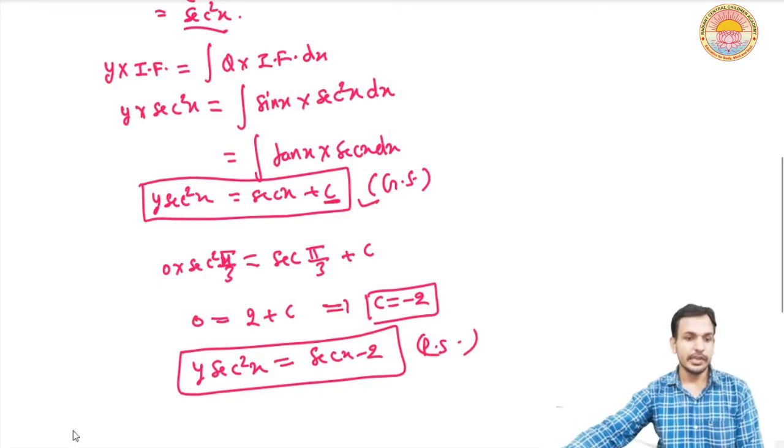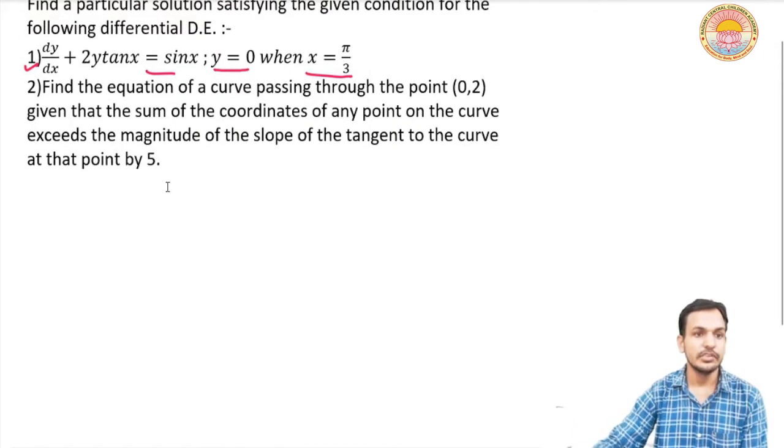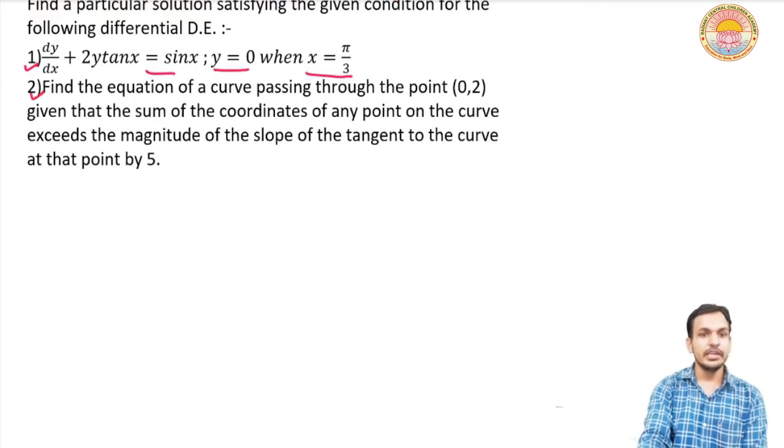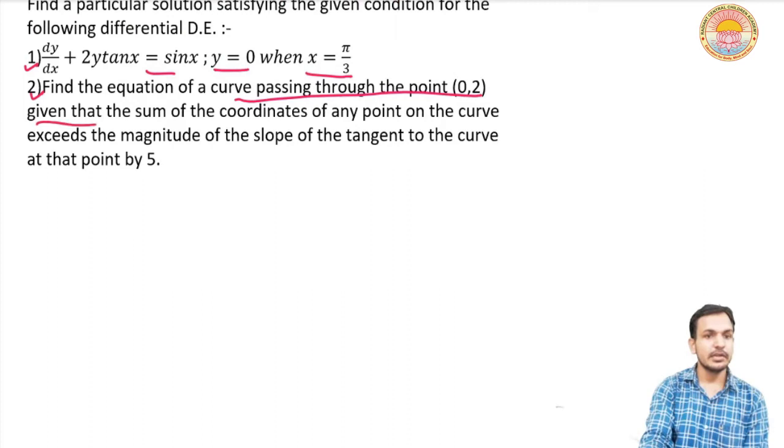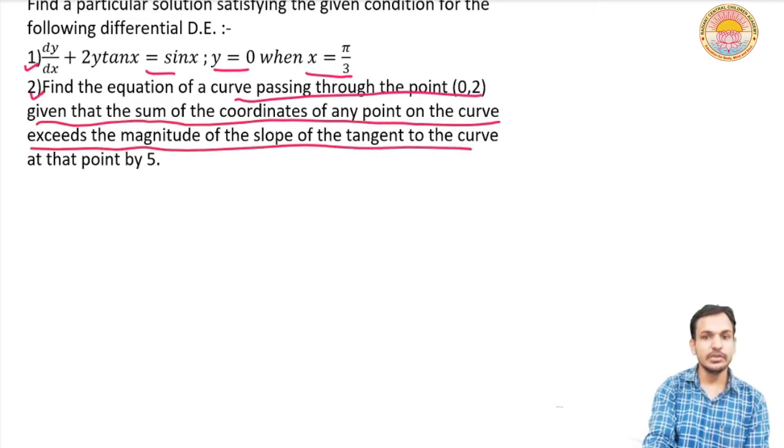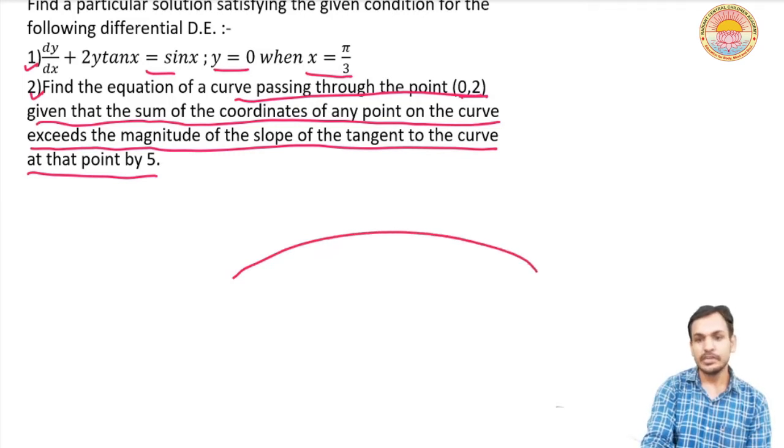Now let's solve the second question also. Now in the second question, find the equation of a curve passing through the point (0, 2), given that the sum of the coordinates of any point on the curve exceeds the magnitude of the slope of the tangent to the curve at that point by 5. It means हमें वो कर्व फाइंड करना है जो कि पॉइंट (0, 2) से पास हो रहा होगा और उस कर्व पे किसी भी पॉइंट पे जो कोऑर्डिनेट्स का सम होगा दैट विल एक्सीड द स्लोप ऑफ द टेंजेंट बाय